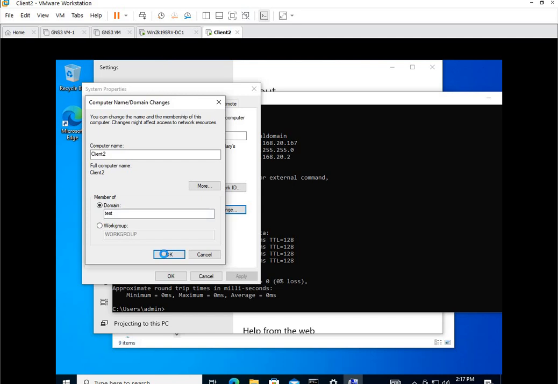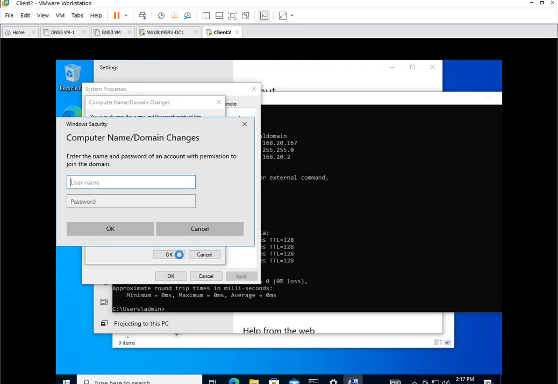Let me check. We should add an entry for the domain DNS first. This is my user, test backslash administrator, and the password is going to be